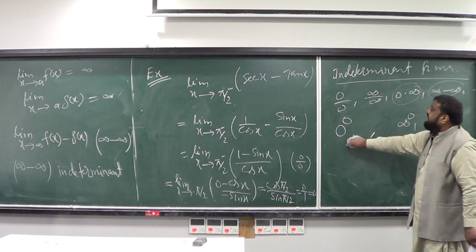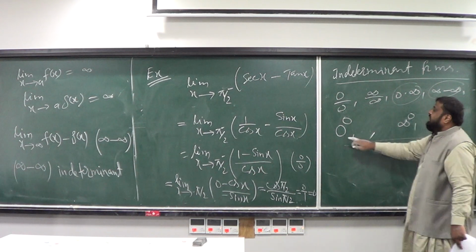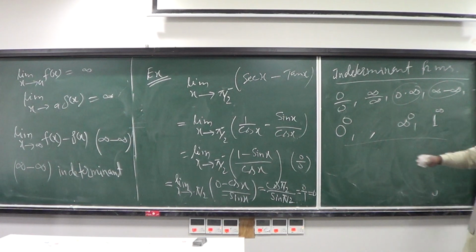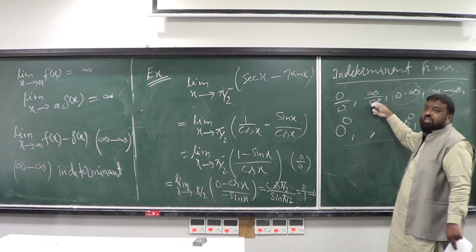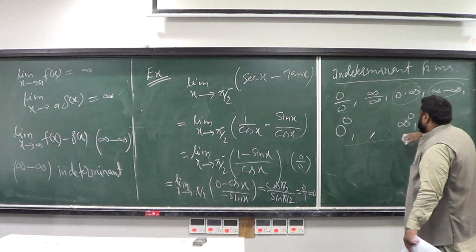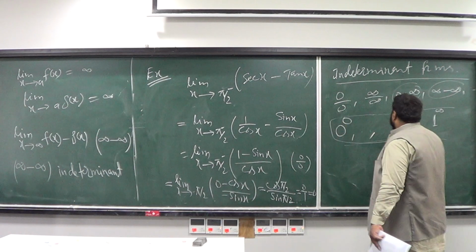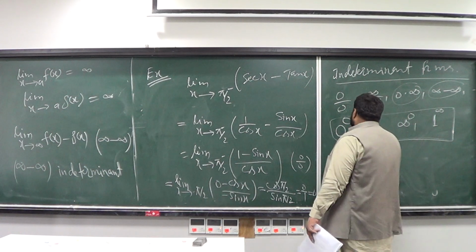The same is true here. If you have a 0 by 0 form of indeterminacy, try to convert it into 0 by 0 or infinity by infinity form. If you have an infinity power 0 type form, try to convert it into the infinity by infinity form or 1 power infinity form. In these three indeterminate forms, the trick is